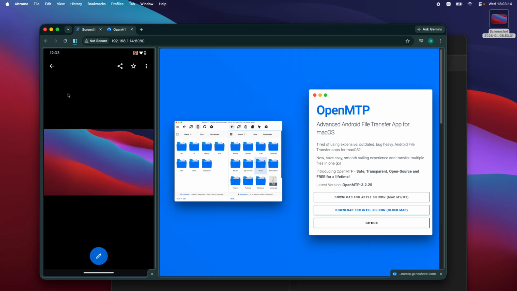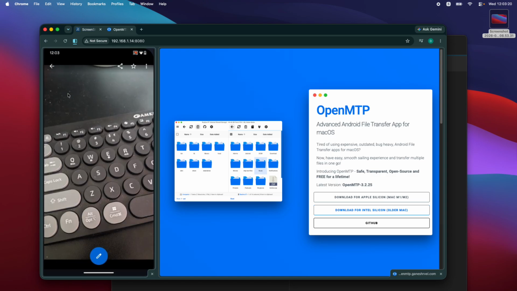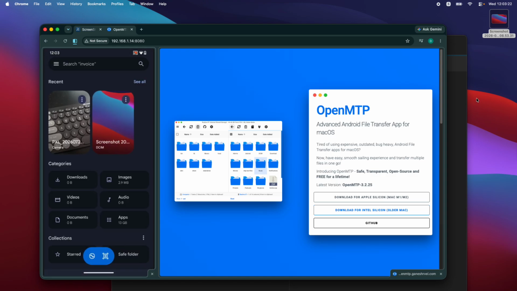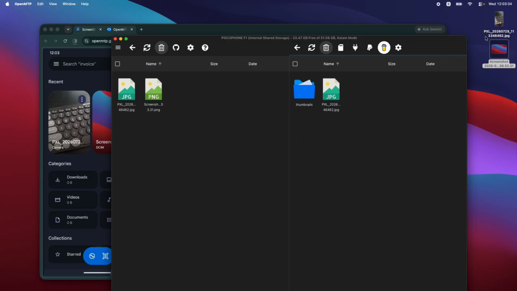Now if I want to transfer a file the other way, let's say I want to transfer this keyboard photo to my desktop. I can just go back to OpenMTP, and I think this is the keyboard file. I can just drag and drop it since it is a desktop, and you would be able to see the keyboard photo has been added. So this way you can transfer files from Mac to Android and from Android back to Mac using the